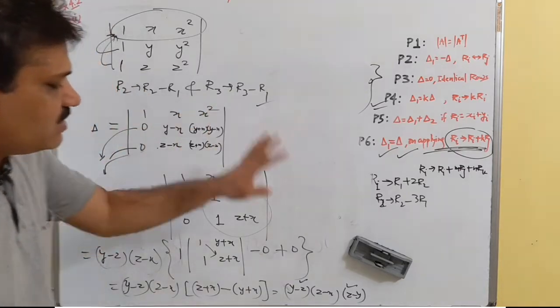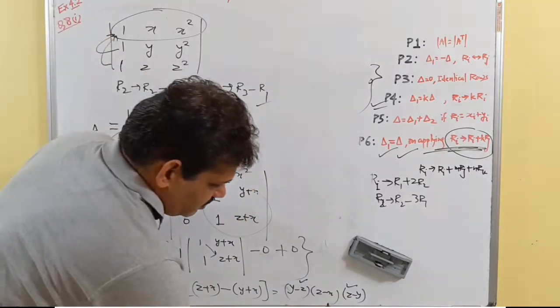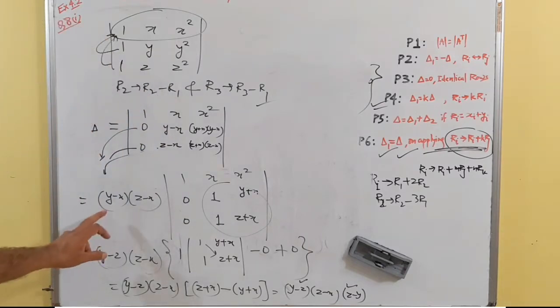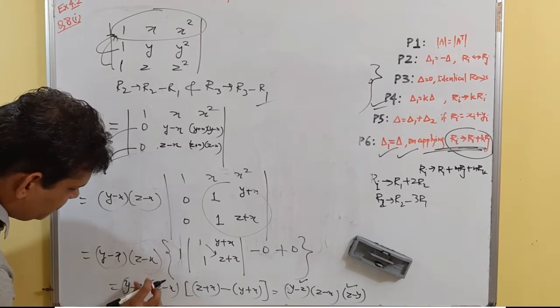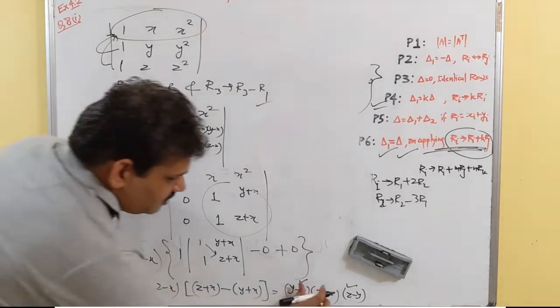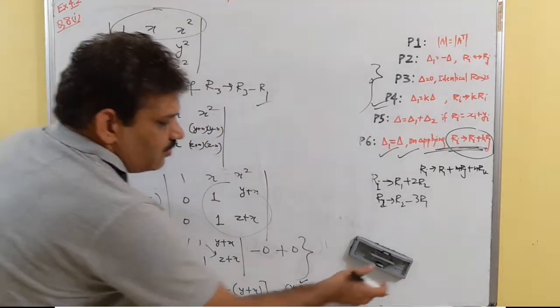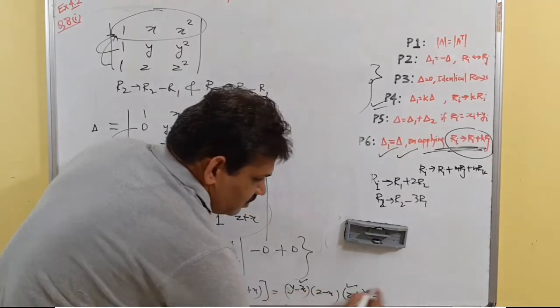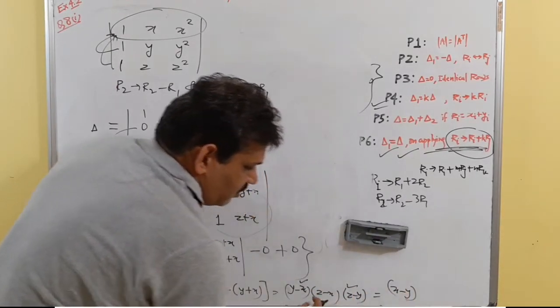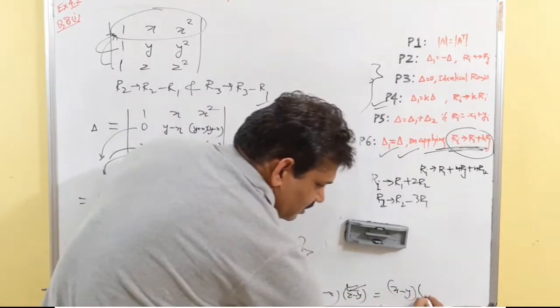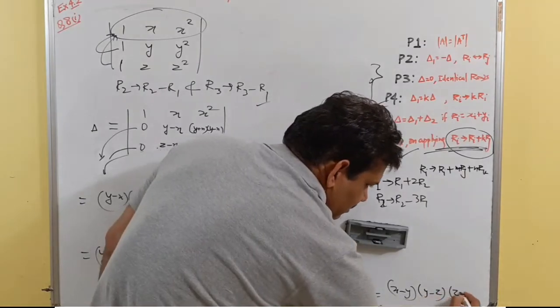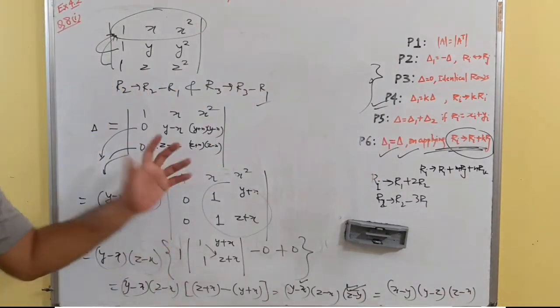So we need x minus y, y minus z. So x minus y, y minus x, it was actually y minus x. What we do is we take negative sign common from this. So this gives me x minus y, y minus z. We take a negative sign common from this, y minus z, z minus x. This is how it works.